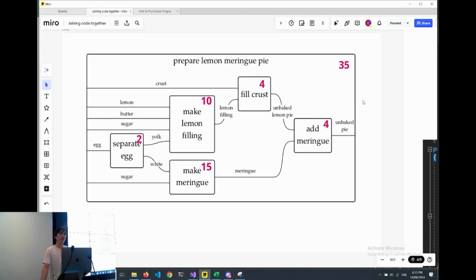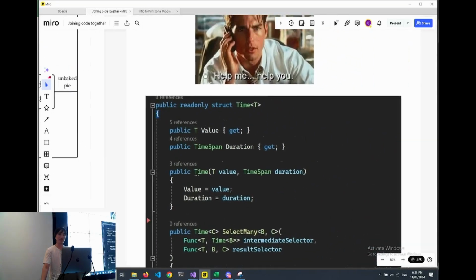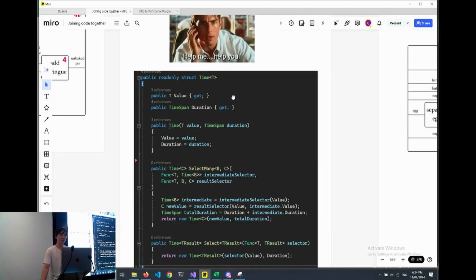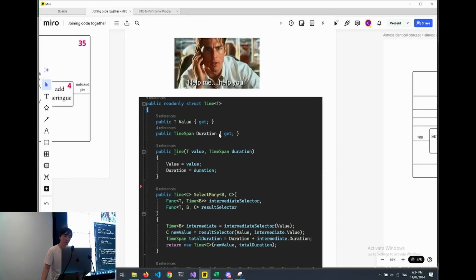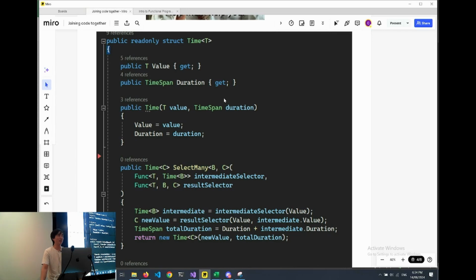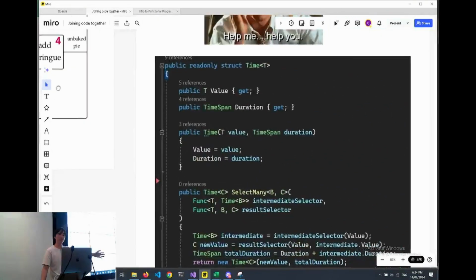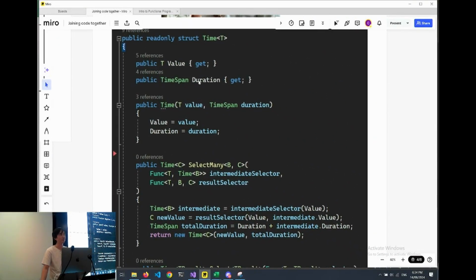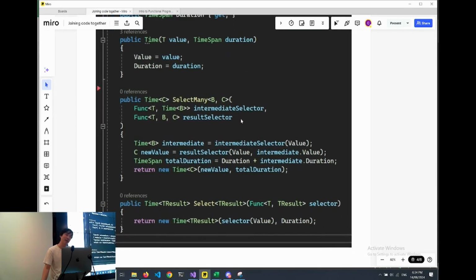This is going to be quite difficult to take a guess at, so I'm just going to keep on going. The solution to this is that you, again, help the computer help you. You define some sort of way to tell the computer that not only are you outputting the information that you had before, but you're also outputting the time it took, the duration, right? You put that into a struct, and then you define yourself a SelectMany, right? So if anyone wants to take a guess at what SelectMany does by reading it,